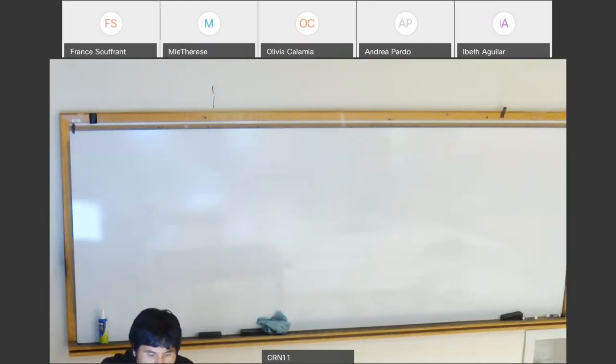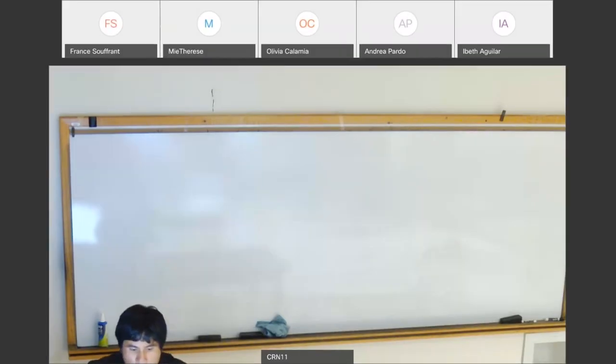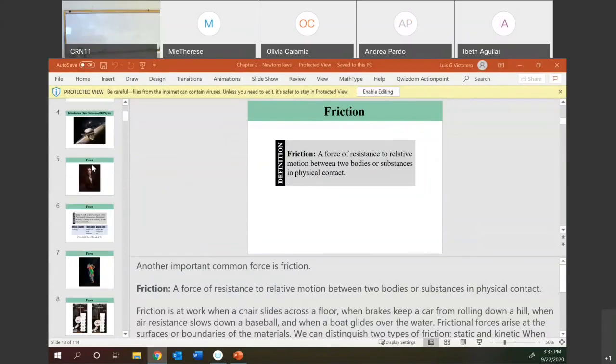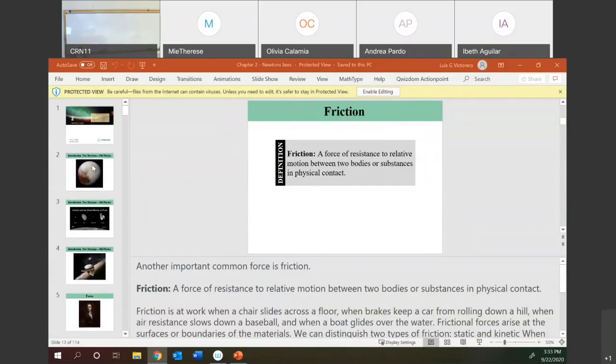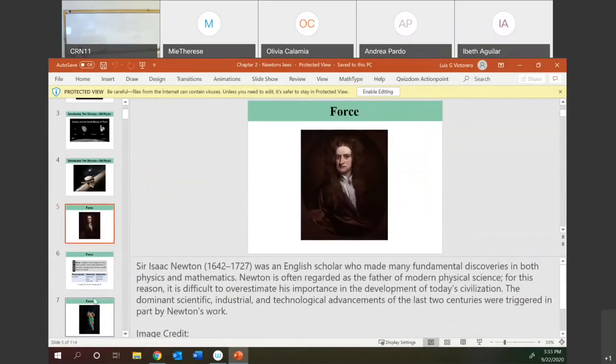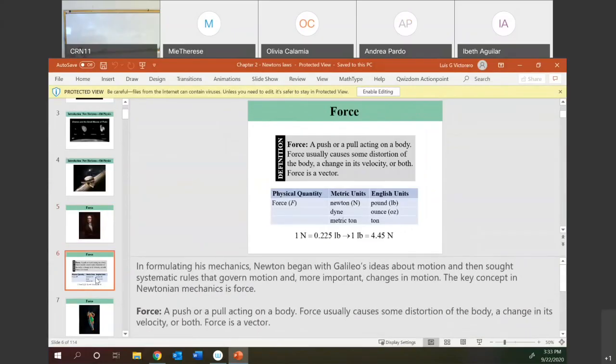Let's share the slides. Can you please tell me if you're looking at the slides, right? So what you have in here is a whole bunch of information that in some cases you just have to go and skim through, but in some cases you have to pay attention to, for example, the units of the force, what does it mean,